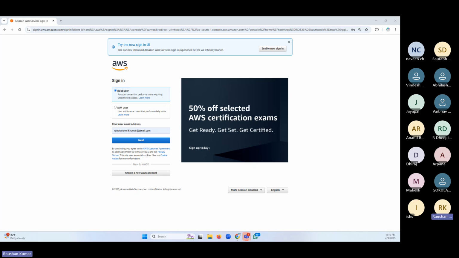Arpana, Gokula Krishnan, Vaibhav, Dheeraj. Okay, 4 of you have done that. Good. I'm not sure if others were able to create the EC2 instance. First of all, you need to have the cloud account to create the EC2 instance. Arpana, Gokula Krishnan, Vaibhav, and Dheeraj, were you able to create the EC2 instance yesterday, all 4 of you? Good. And started to practice Linux commands?